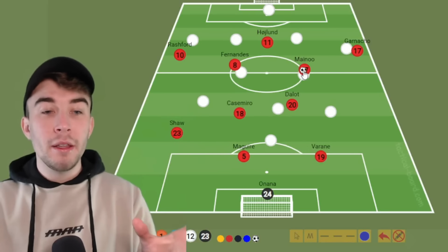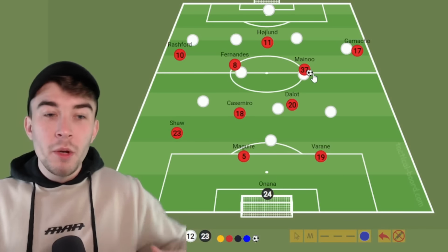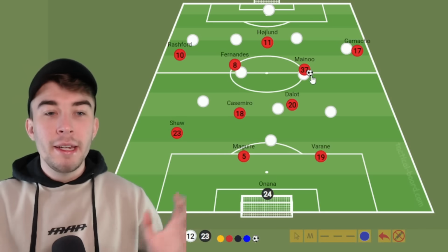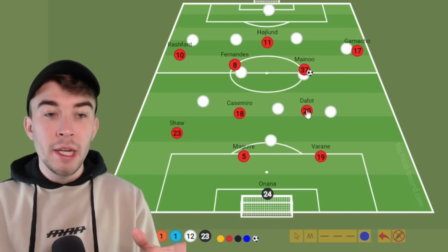The important thing here, though, is that we overload key areas of the pitch. Or we force the opposition, basically, to give us the overload. That's the important thing here. Now, the reason for this is because these days, a lot of teams use man-to-man pressing systems, which means Diogo